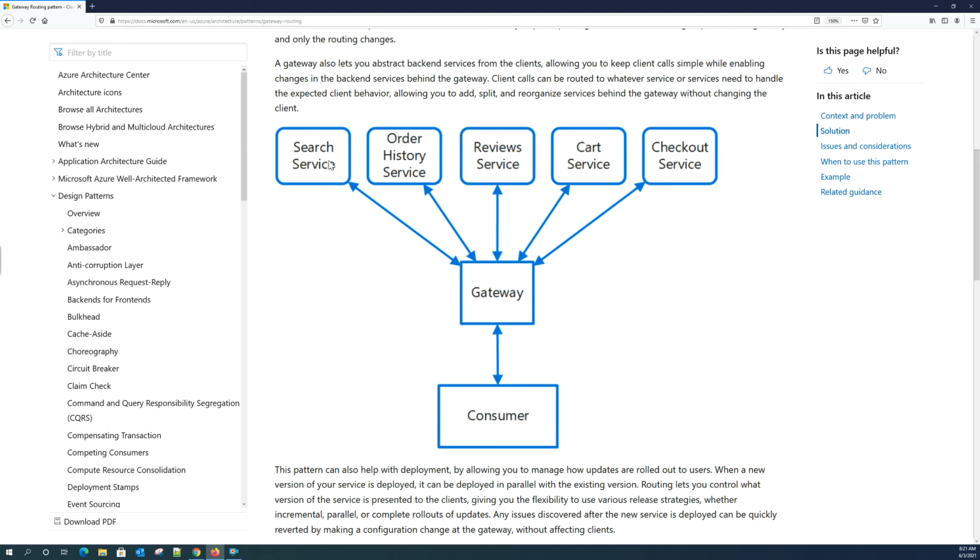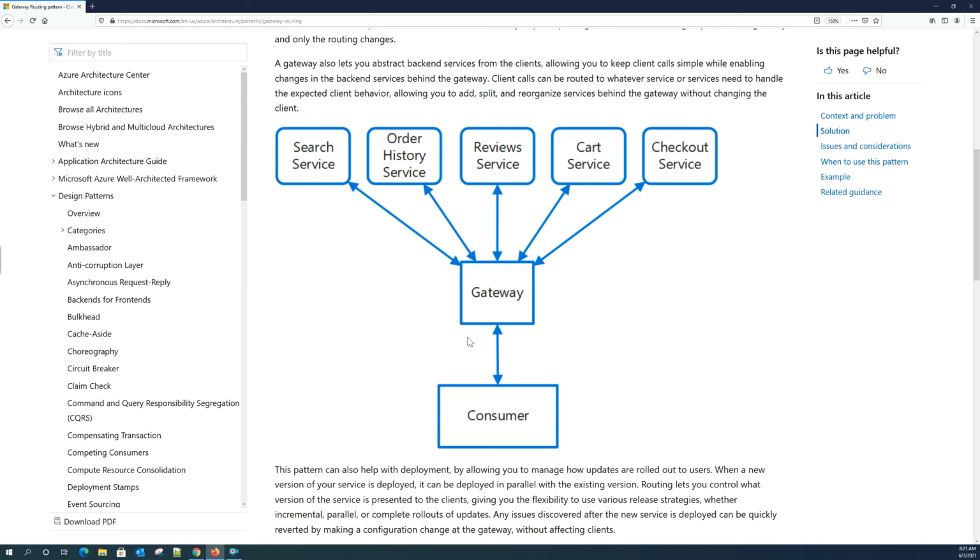And if there are any production issues because of using a new API, you can quickly revert the changes here. For example, you have search service version 1 here and search service version 2 here, and your gateway is pointing to search service version 2, and you got some issues in production and you want to quickly revert your changes. Then you don't need to change anything here and you don't need to change anything here. You can simply change the configuration here to point back to the old version, which means version 1 of search service here. In this way we can easily revert any changes in case of any production issues.